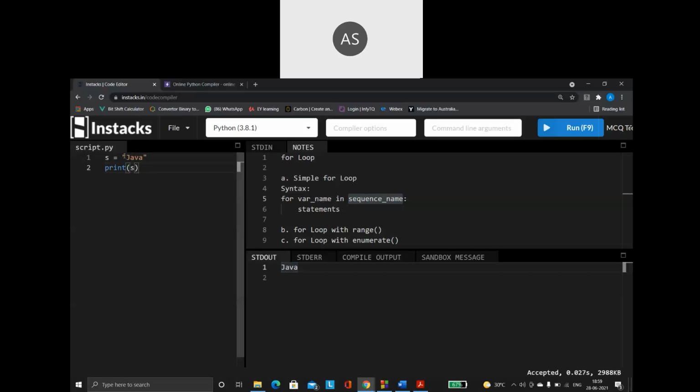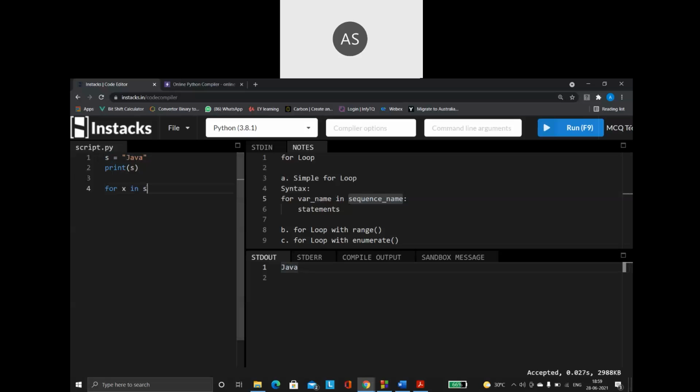But now I want to print each and every individual character separately. While loop I already know. Now using the for loop, how to do it? So say for, give any variable name. Let me give it as x. For x in, what do you have to say? Sequence name. What is the name of the sequence here? Yes, yes is the name of the string.